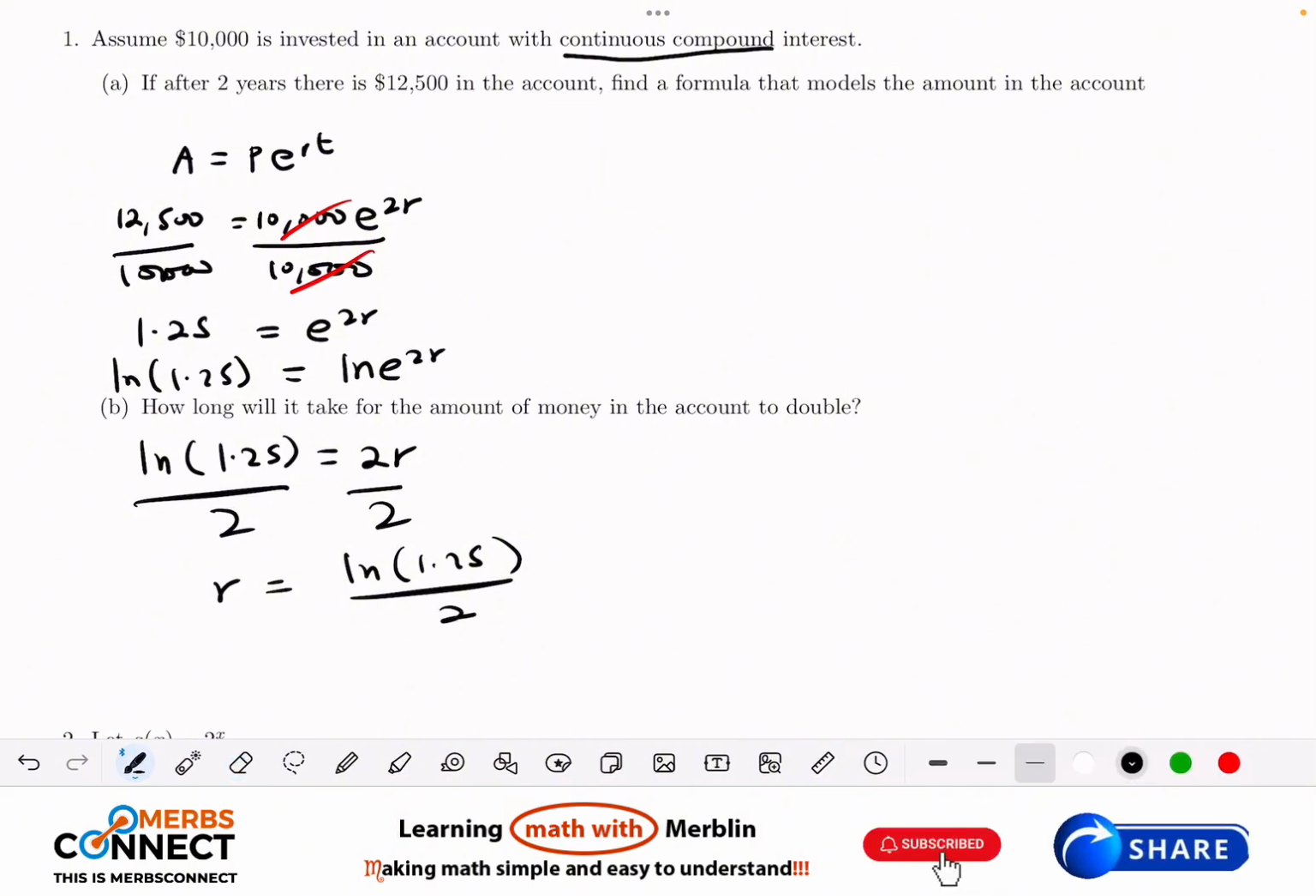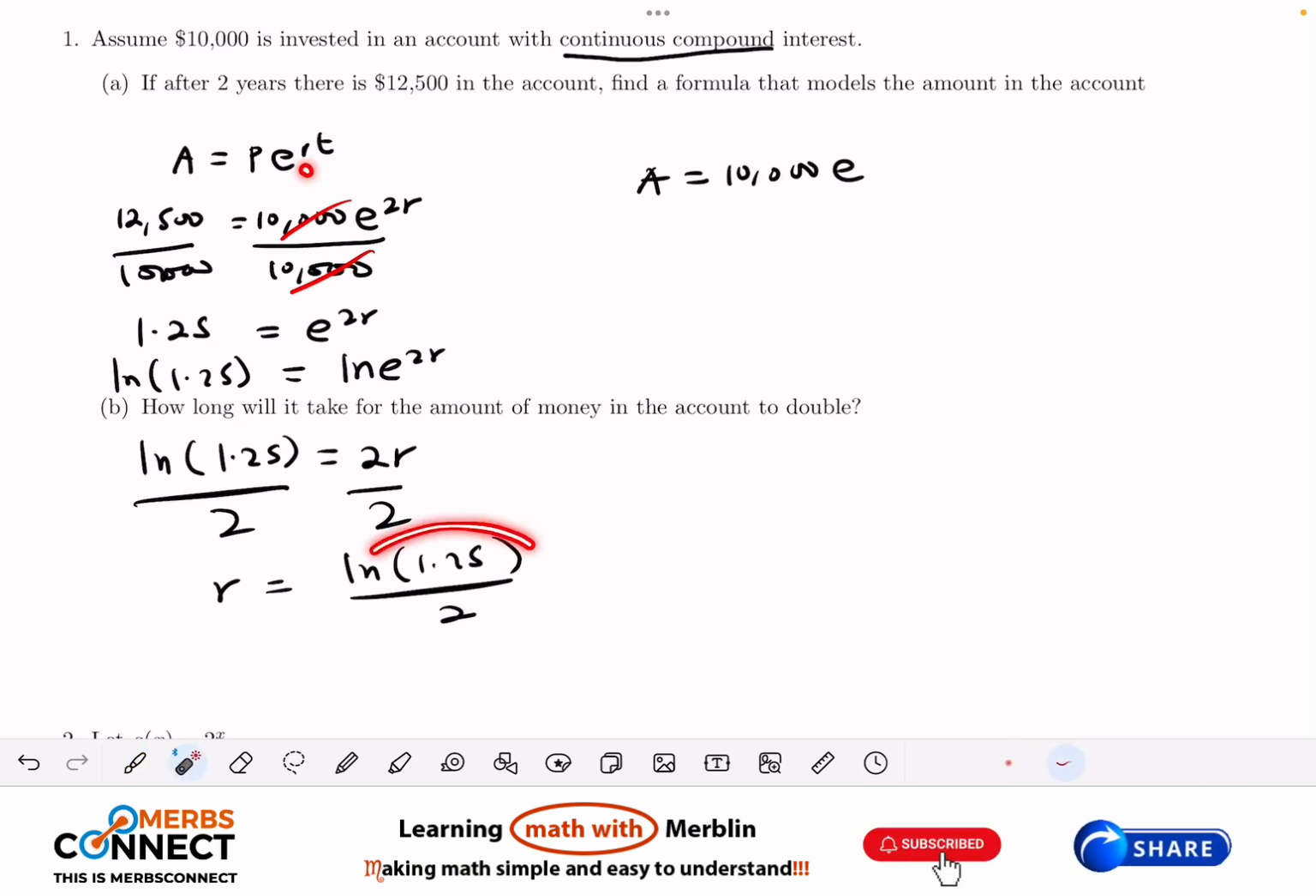So the model will be A is equal to, what is P? P is 10,000 e to the power, and now what is R? R is this. Let's assume that we are not using a calculator, so I'm going to maintain everything on top there: ln of 1.25 divided by 2, times T. The reason why I'm putting T here instead of the 2, even though we learned that T is equal to 2, is that